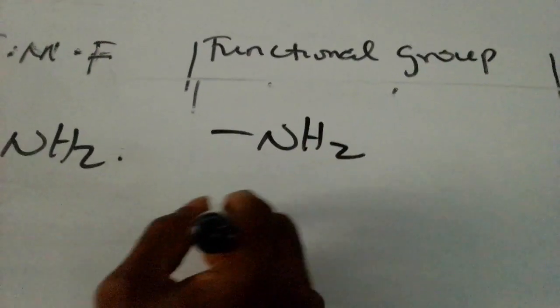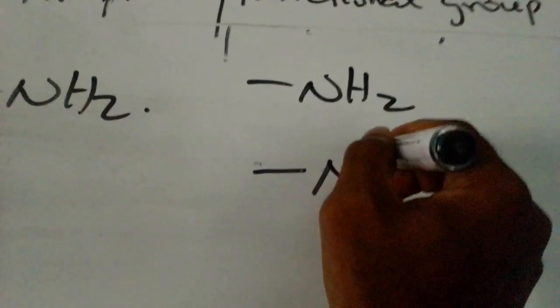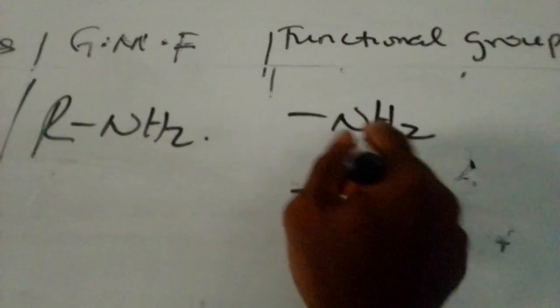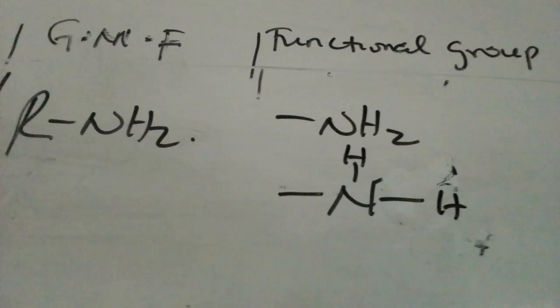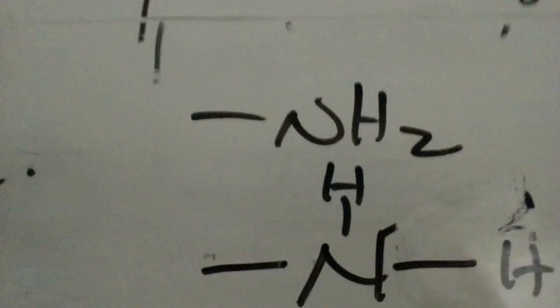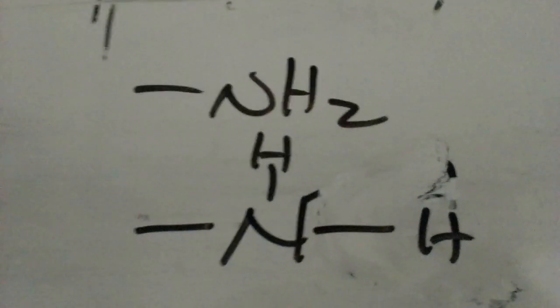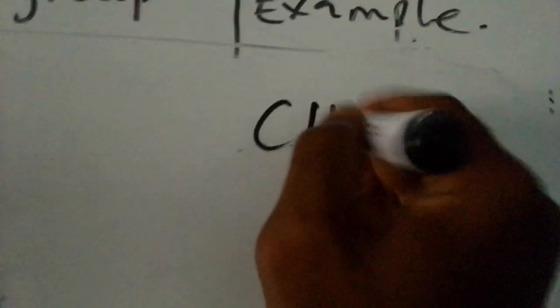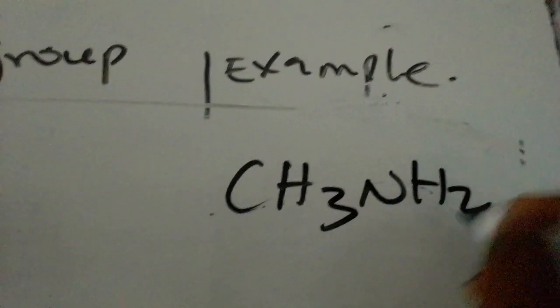The functional group, inside the alkyl group, you now have NH2. Or structure-wise, you have it like this. That's the amino group. Let me draw it very well. Amino group. So an example of an amino compound is putting an alkyl group here, CH3NH2, called